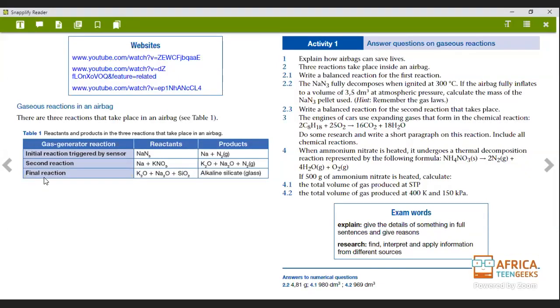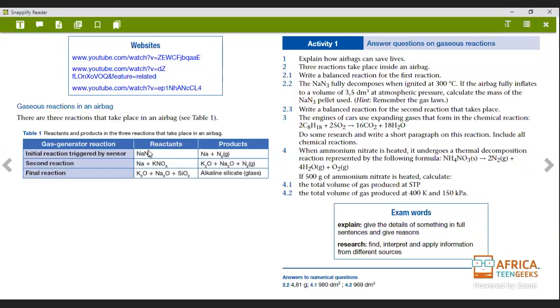We've got the initial reaction, which is triggered by the sensor, the one that I spoke about. Remember, I told you that there's a trigger that happens because there's an electrical circuit that's always tracking how fast your car is moving. And then the second reaction is Na plus KNO3, which gives you K2O plus Na2O plus N2. And then we've got the final reaction, which is K2O plus Na2O plus SiO2,